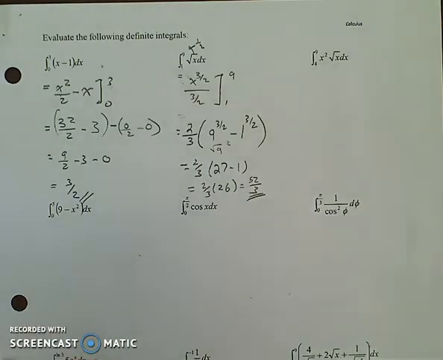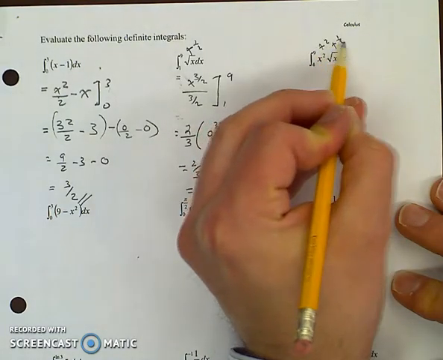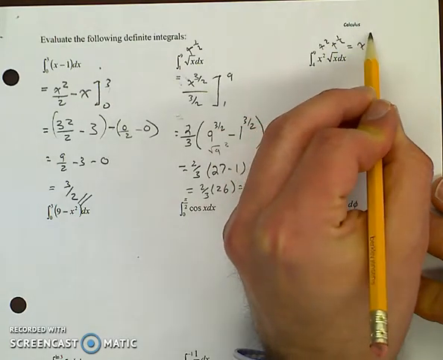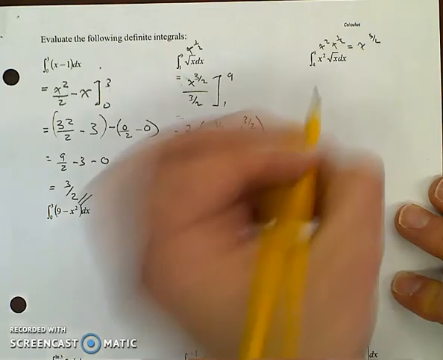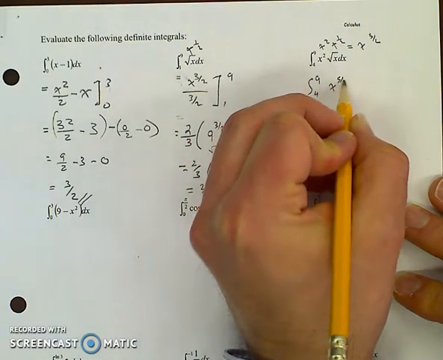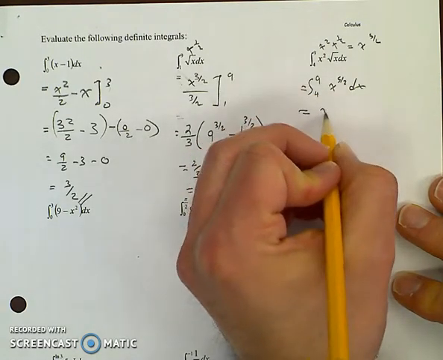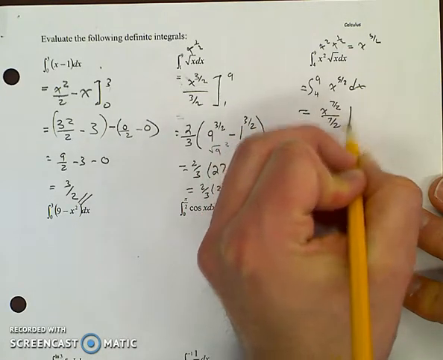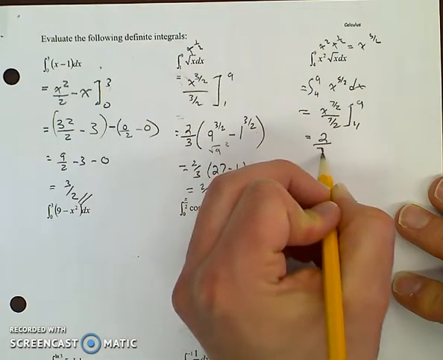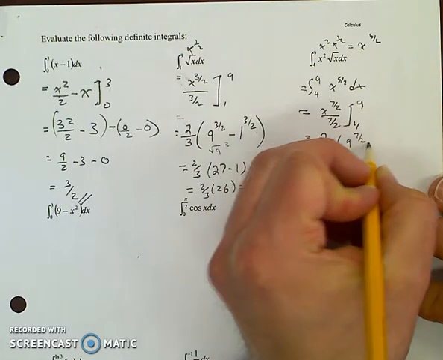Okay. And the last one that we'll do together. This, again, we just took the quiz on this, or the test on that. X squared times x to the 1/2, we know is x to the 5 halves. We add them together. So we're going to get the integral from 4 to 9 of x to the 5 halves dx. We know that, add 1 to that, so we're going to get x to the 7 halves over 7 halves from 4 to 9, which is 2/7 multiplied by 9 to the 7 halves minus 4 to the